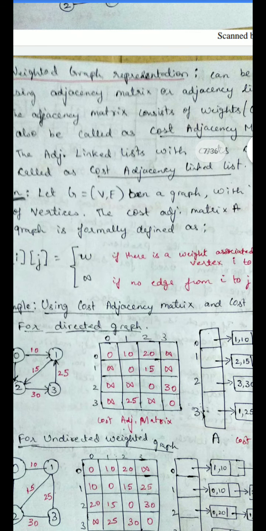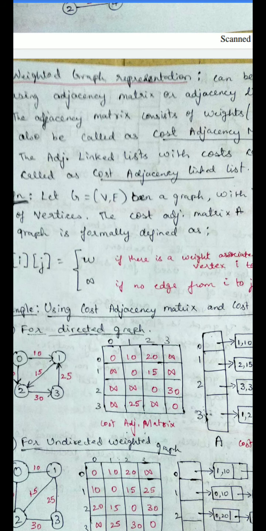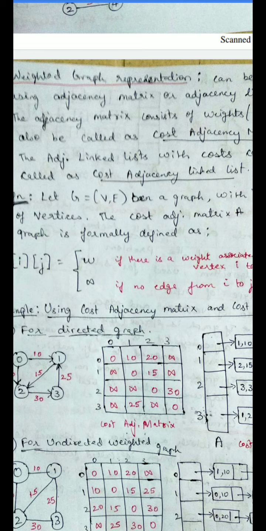See there, you have a weighted graph: 0 to 1 with weight value 10, 0 to 2 with 20, 1 to 2 with 15, 2 to 3 with 30, 3 to 1 with 25. How can we represent this graph using the adjacency matrix? See there, if you make the matrix, 0 to 0 there is no edge, hence that value is 0. Okay, self loop is 0. 0 to 1 there is an edge with 10, 0 to 2 you have an edge with 20, 0 to 3 there is no edge, hence it is infinity. So self loop values are assigned 0 and others where there is no edge are assigned infinity. This is how we can represent the adjacency matrix.